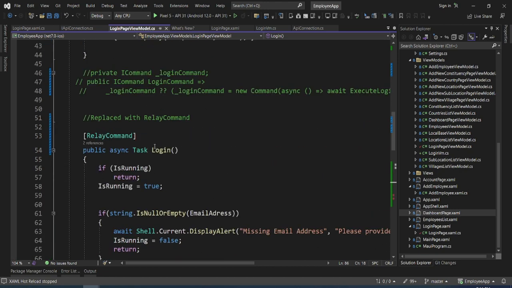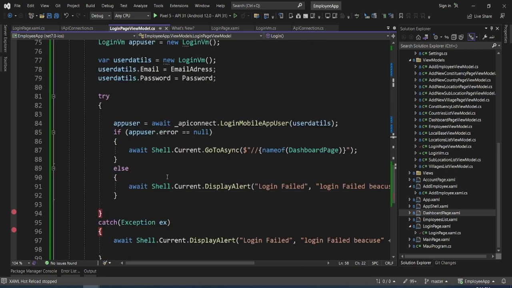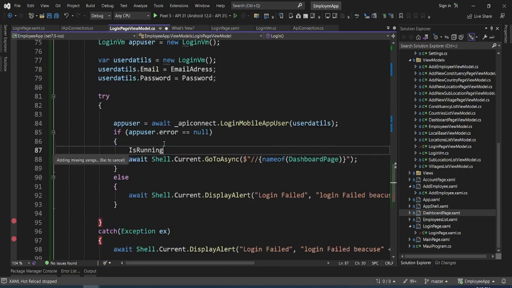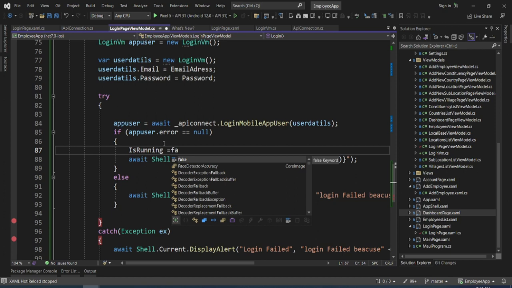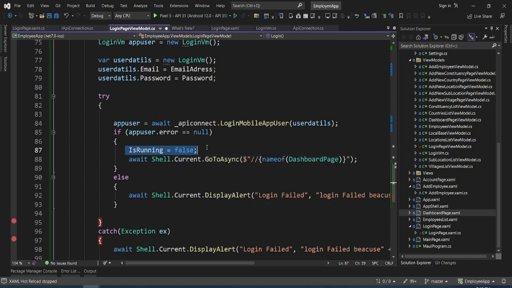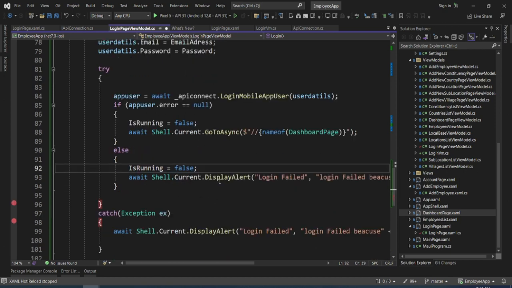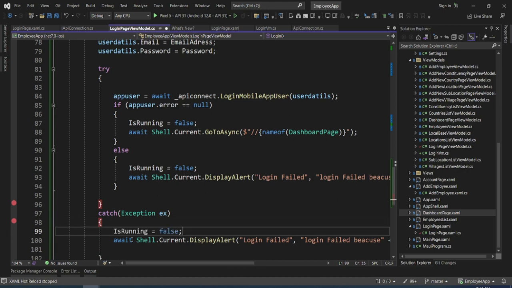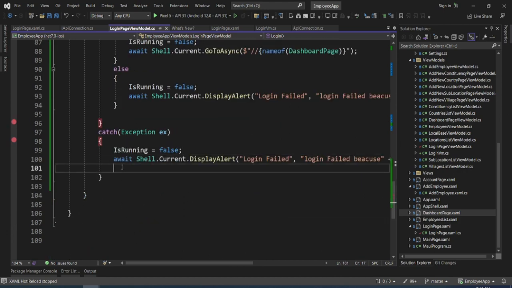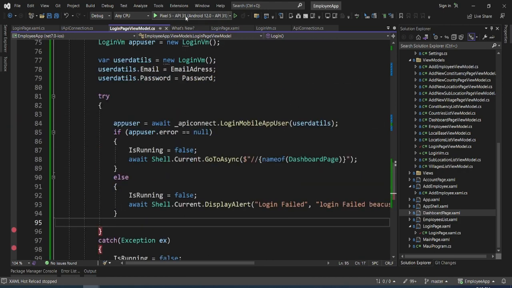Then you can switch off our activity indicator. So here we can actually put this to off so that it doesn't keep running. So also when there is an error, we can actually switch off our activity indicators so that it doesn't keep on running. So if we now log in,